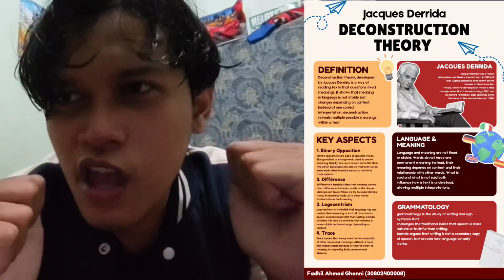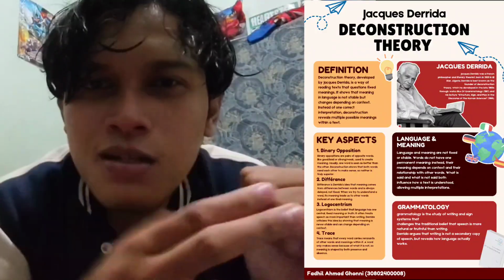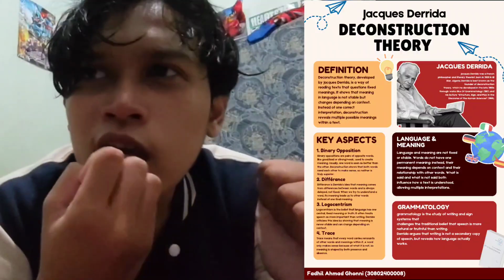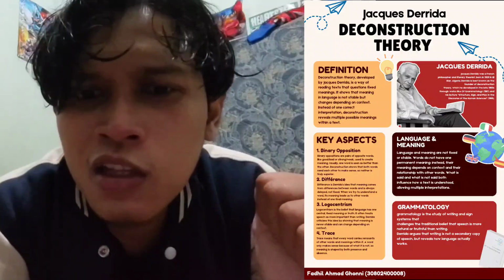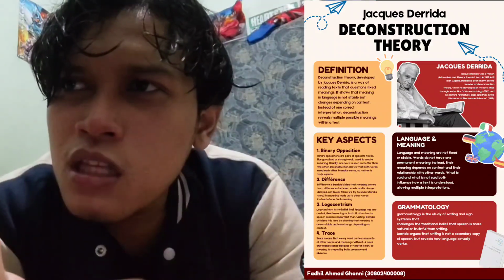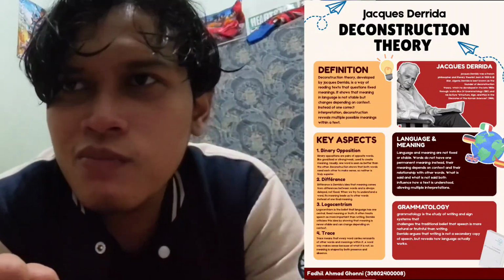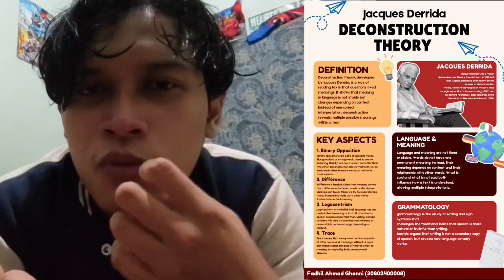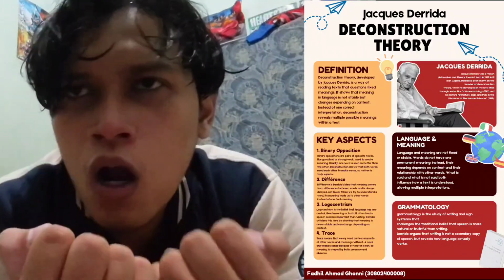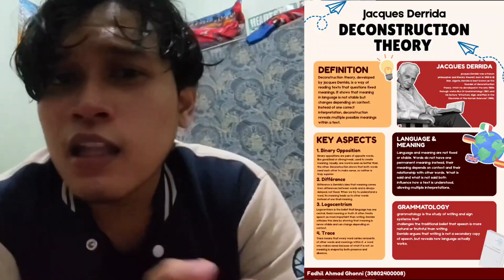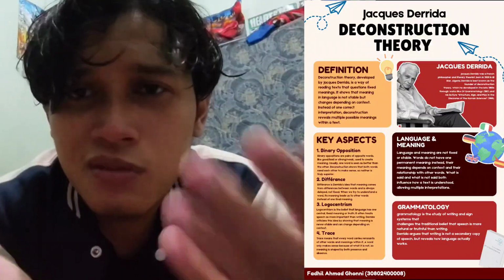Just because speech involves two people and you speak to another person with your mouth, it doesn't mean that it was the truth. It doesn't mean that it has only one meaning. Meanwhile, writing is not the truth either just because it didn't come from your mouth. No, Derrida believes that both have flaws and each of them is equal, not better than the other.